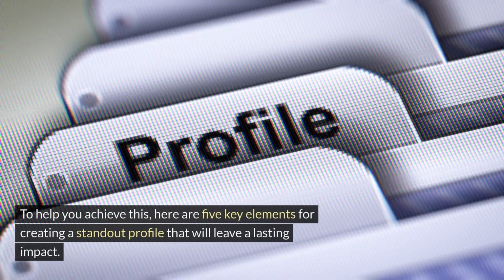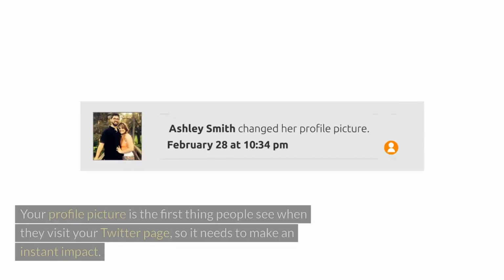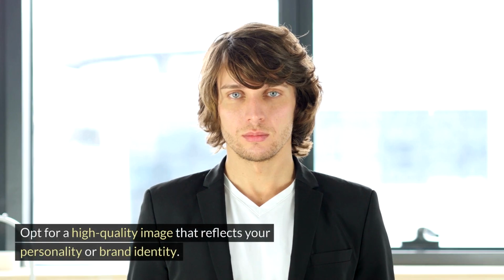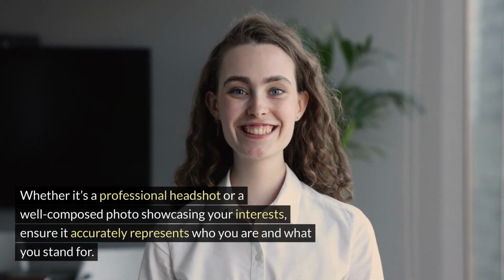To help you achieve this, here are 5 key elements for creating a standout profile that will leave a lasting impact. Choose an eye-catching profile picture. Your profile picture is the first thing people see when they visit your Twitter page, so it needs to make an instant impact. Opt for a high-quality image that reflects your personality or brand identity. Whether it's a professional headshot or a well-composed photo showcasing your interests, ensure it accurately represents who you are and